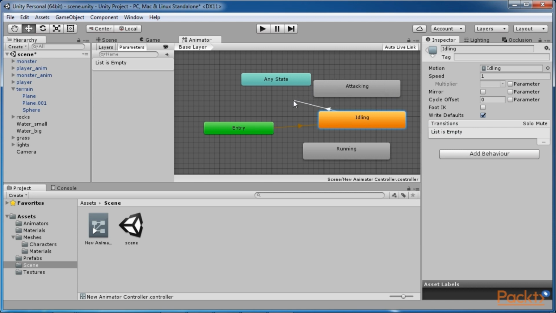A line with an arrow in the middle will appear and follow your cursor around, which indicates that the animation state is now ready to link to the other state. Move your cursor to the animation state which you want it to navigate to, in this case, the running state, and left-click on it. The line will now connect from the idle state to the running state. This indicates that the running state can be navigated from the idle state if the conditions meet, which we will